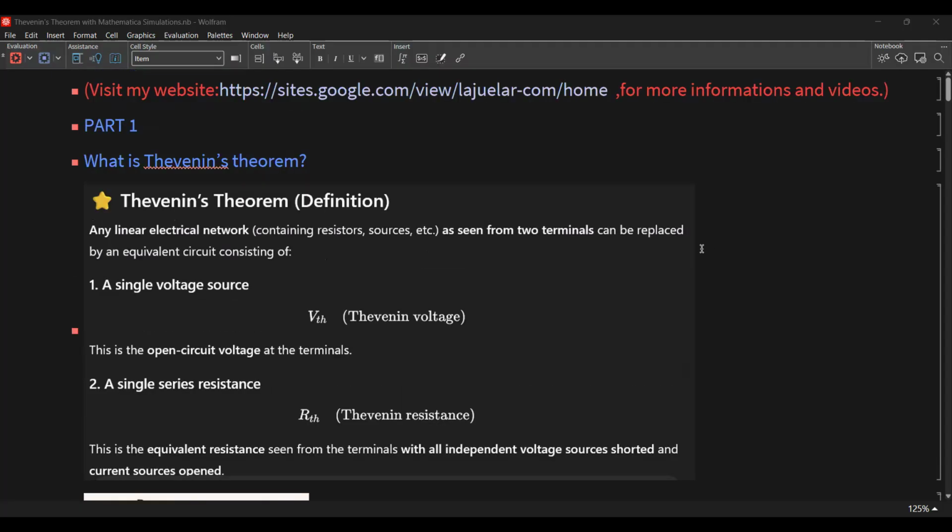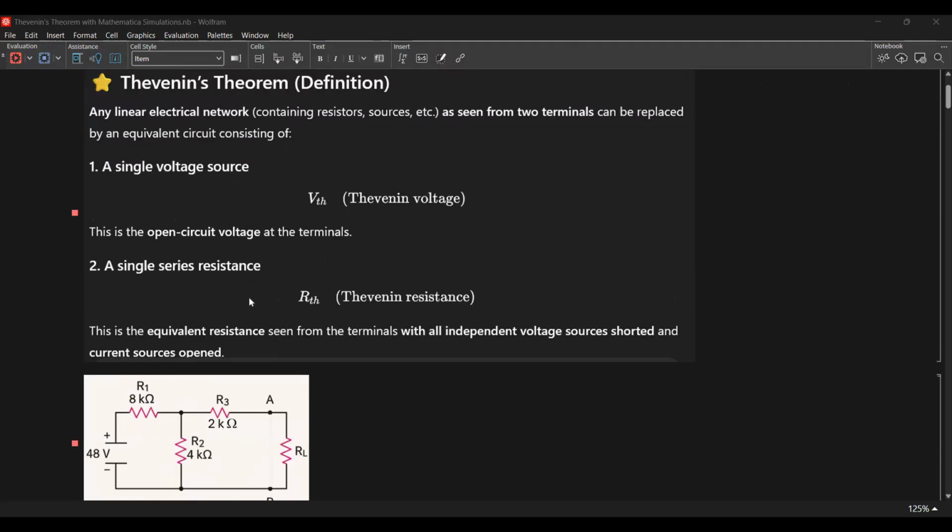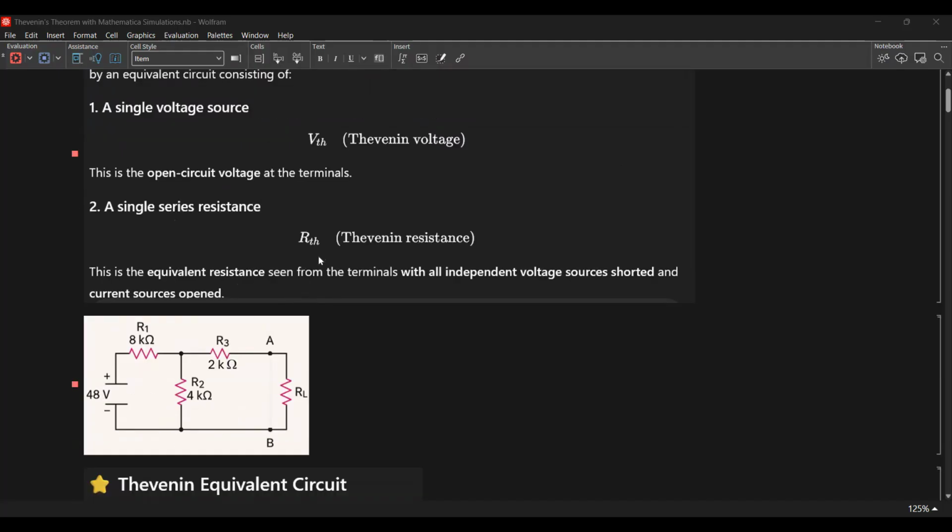So what is Thevenin's theorem? Thevenin's theorem states that a linear electrical network containing resistors and sources, as seen from two terminals, can be replaced by an equivalent circuit consisting of a single voltage source. So we have a single voltage source here from A to B, and this is the open circuit voltage at the terminals. The single series resistor here is the equivalent resistance seen from the terminals with all independent voltage